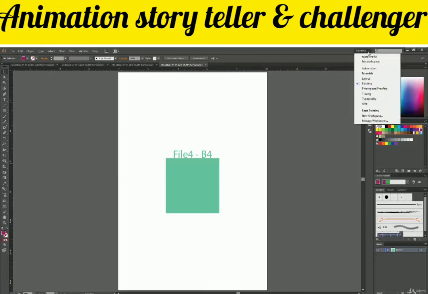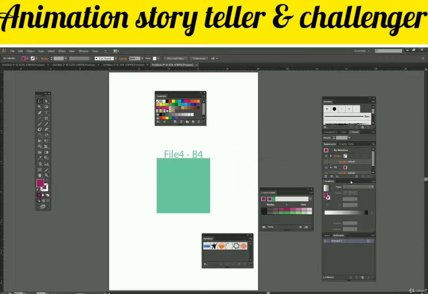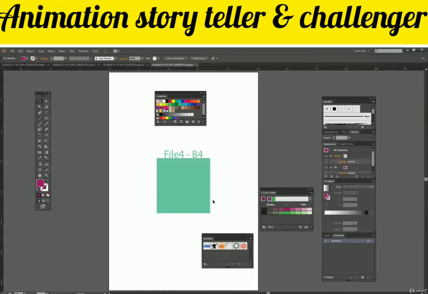Now if I click over here and again click on Essentials, I get my old workspace arrangement again, and I can again rearrange it. I have the freedom to do that. So yeah, I again changed it. Then Typography, it got changed again. This time we have colors, swatches, but no brushes or anything over here. Rather we have the text or character panel over here. So this is for typography. Then switch back to Essentials, and we got our workspace back.